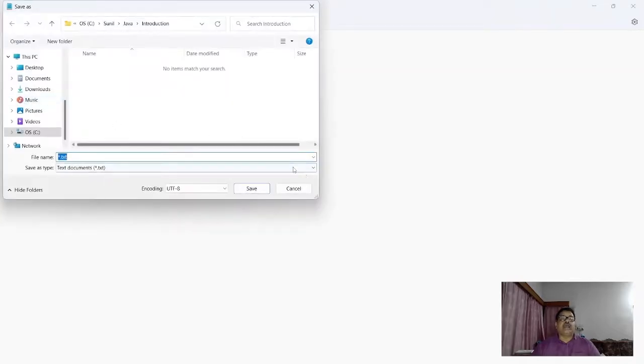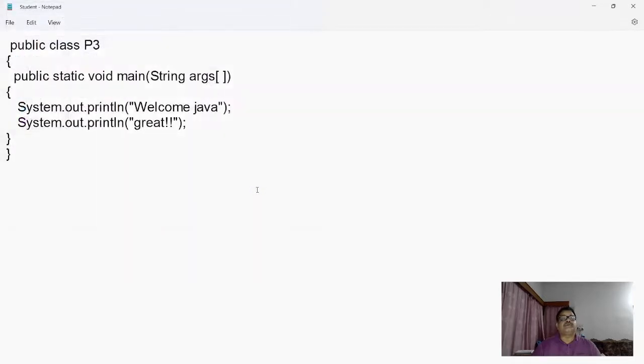Save as, and again I want to give a different name like this, student.java. Okay. Why should we write in lowercase? Why not in uppercase? Student.java. Our main class name is P3, which is now public, and we have given the name as student.java.